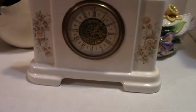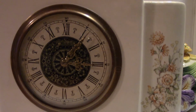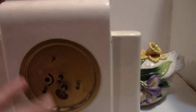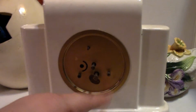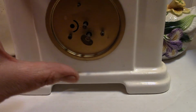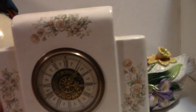They also had this in the lot. It's a mantle clock. Let me give you a close up. There's no cracks or chips or anything on this. They say it sat in their garage most of the time. I don't know if you can see that, but it says made in Germany. Clocks like these seem cheaply made. But the clock mechanisms that are made in Germany, especially ones that say West Germany, which will help you date them,